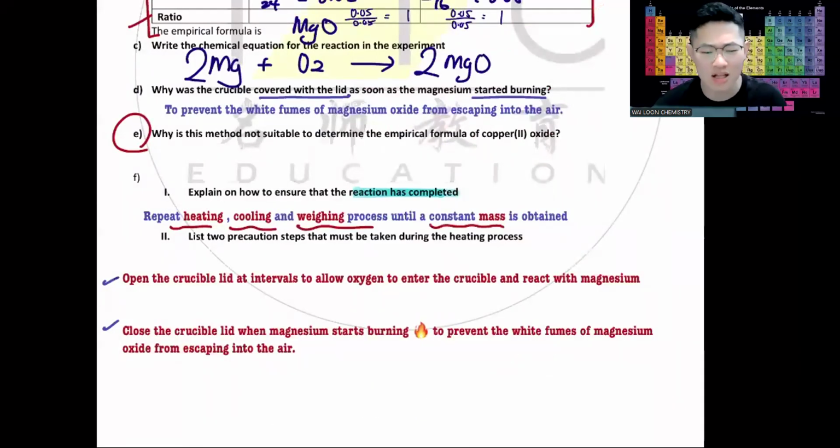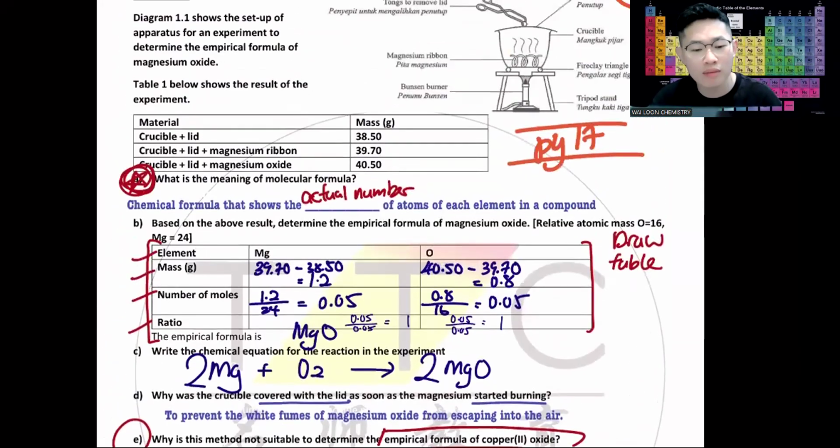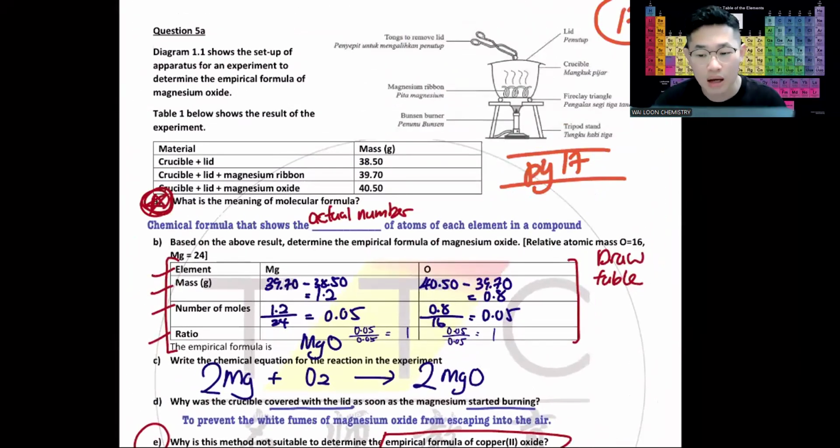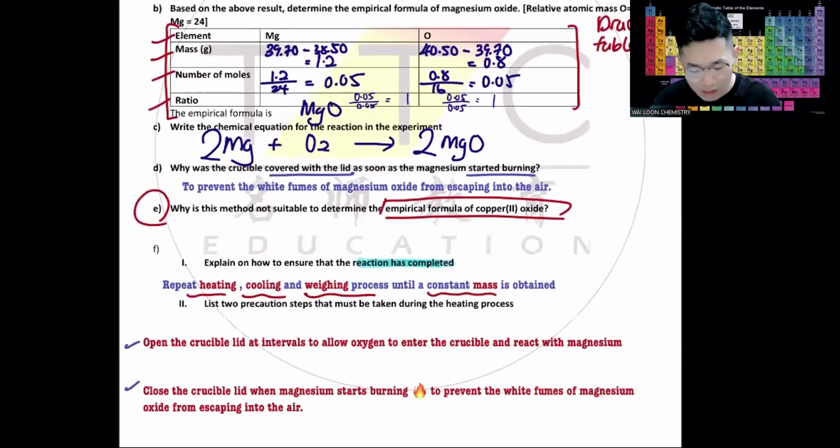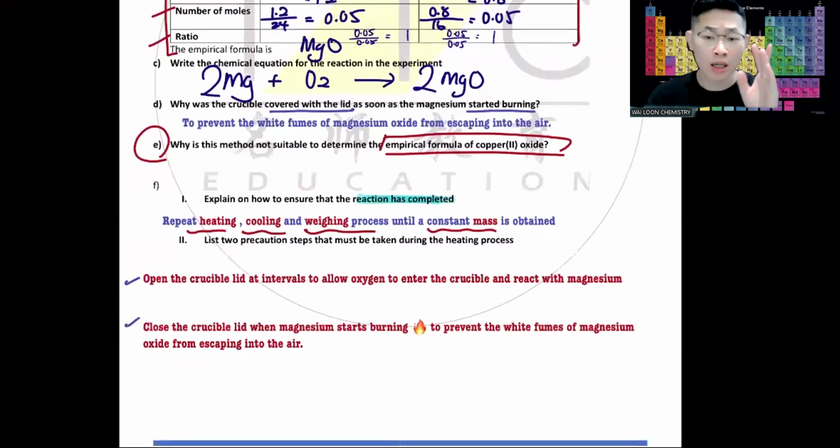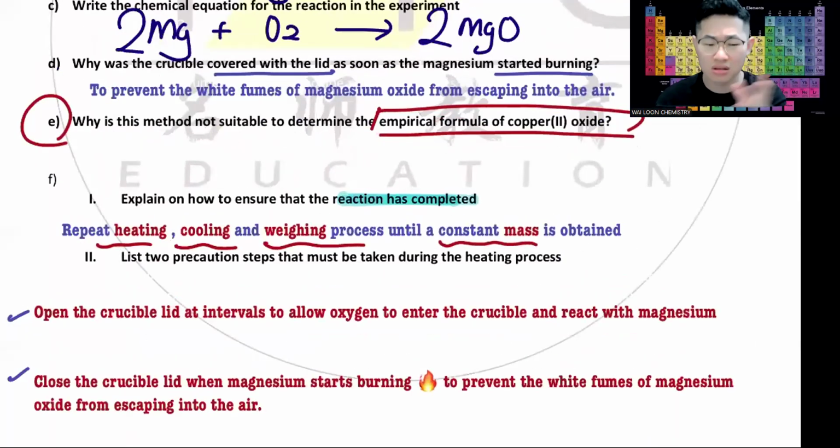Why is this method not suitable to determine the empirical formula of copper(II) oxide? Why don't we use this method for the weak one? Very good. Because it's weak. Just now, when it's about the strong one, we said because it is strong. Then this one, they ask me to comment why copper(II) oxide cannot. Copper(II) oxide cannot because weak lah. Okay, so